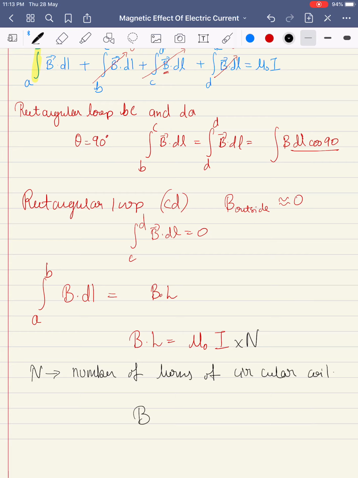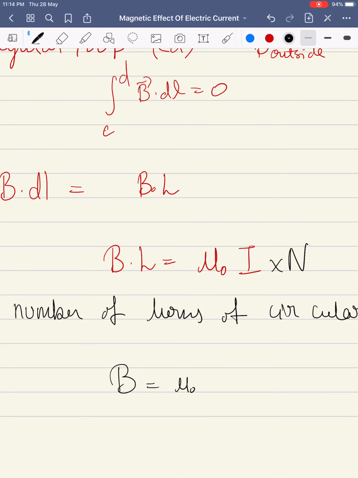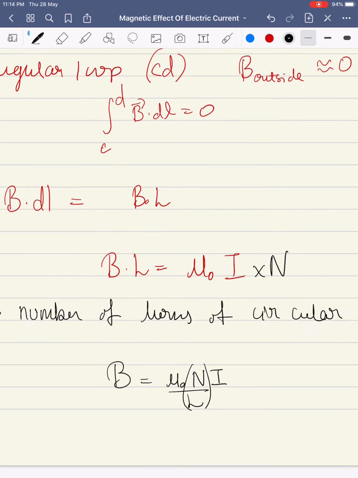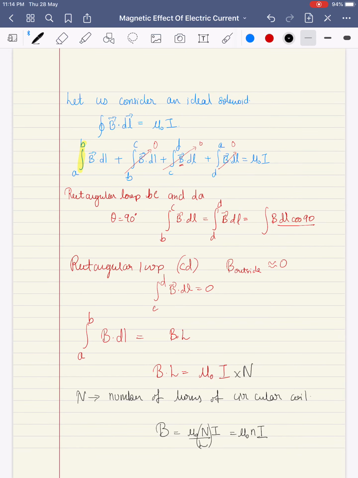Okay, so when I say the magnetic field, so magnetic field that we have calculated is along AB. That means it is along the axis of a solenoid. So magnetic field along the axis of a solenoid, I'll get it as mu naught N I by L. So when I say N by L, what is N by L? Number of turns per unit length, which we write it as mu naught n into I. Getting it clearly? This is known as the magnetic field inside the solenoid. Okay, समझा?